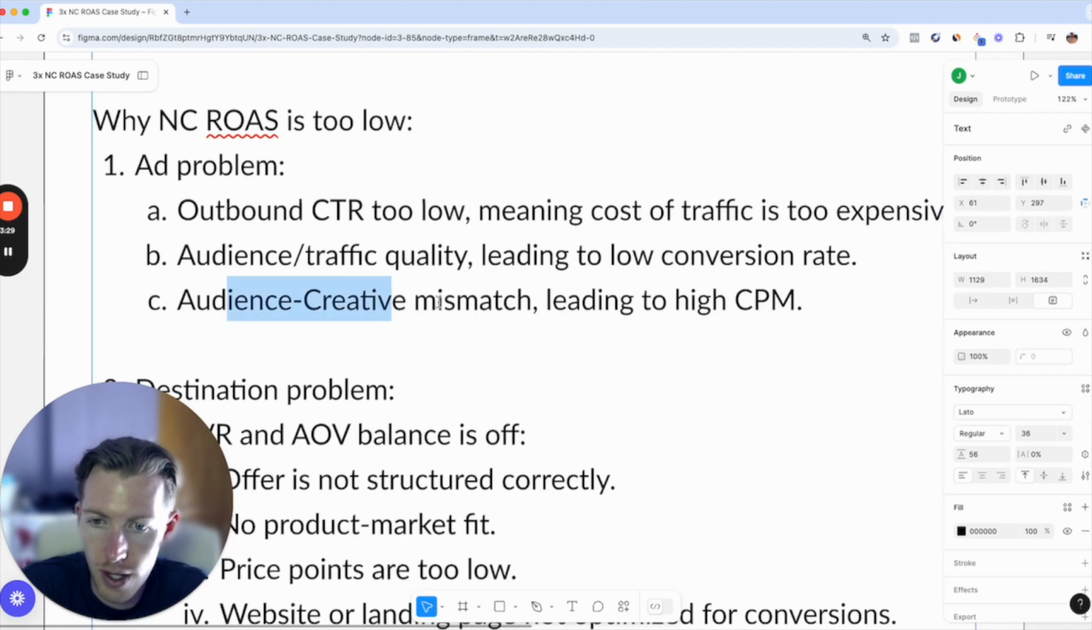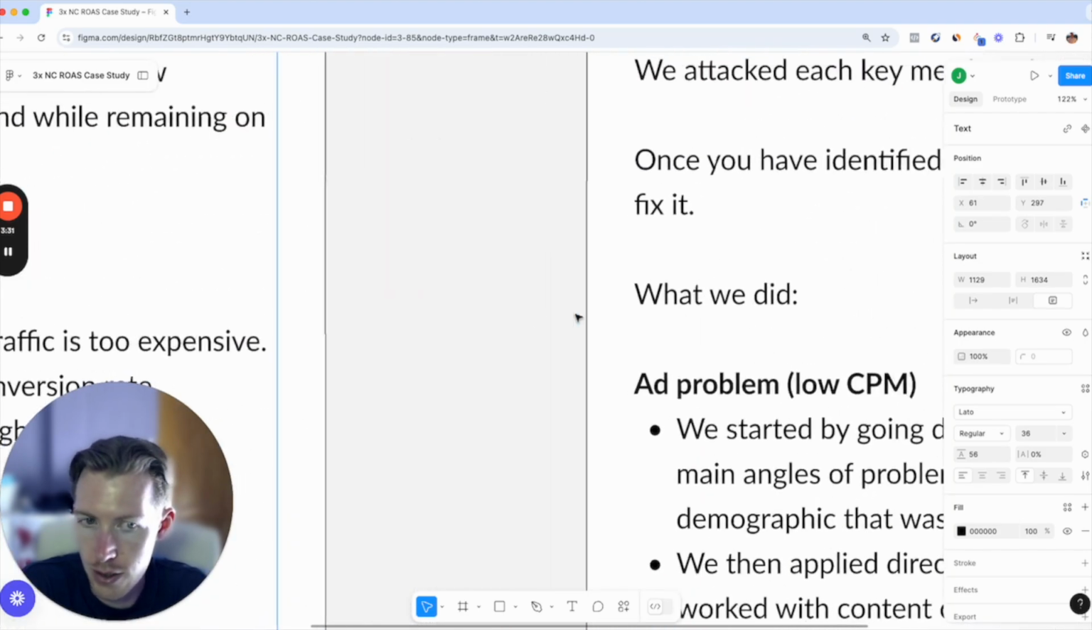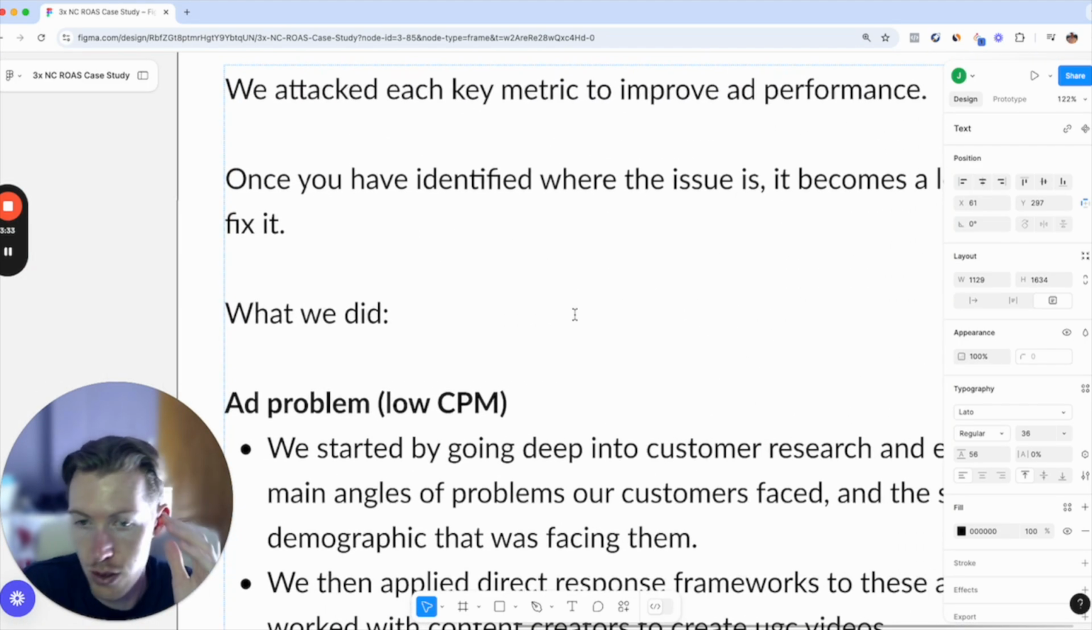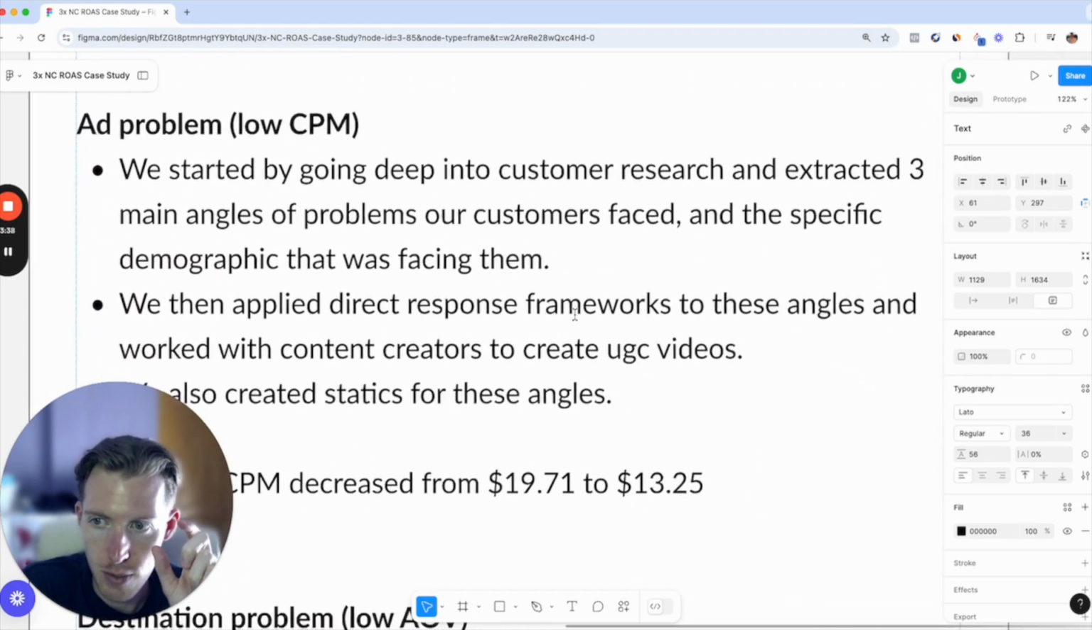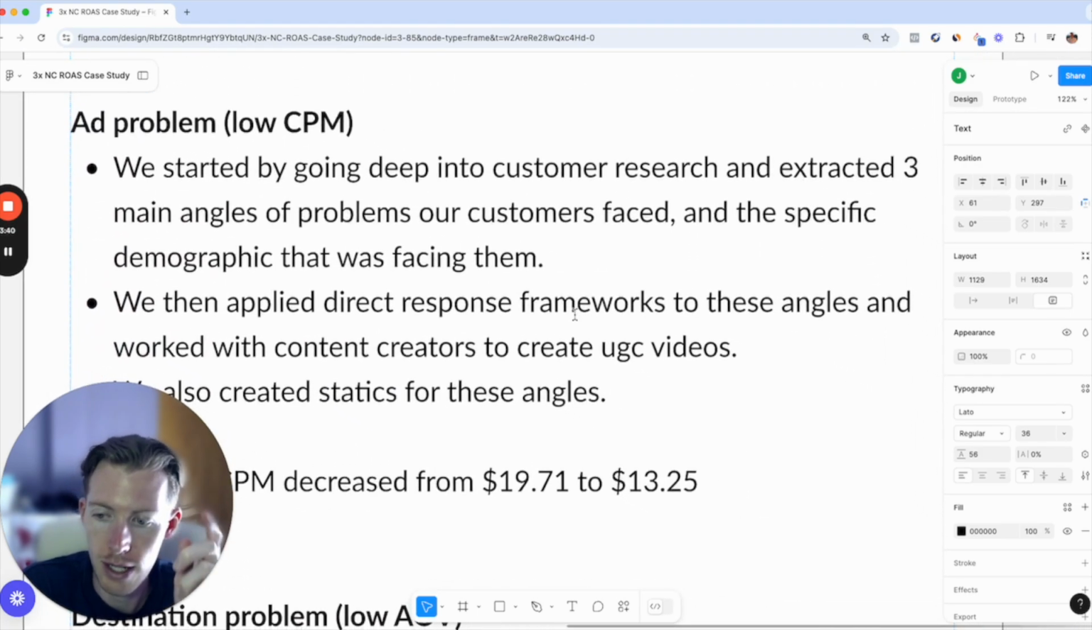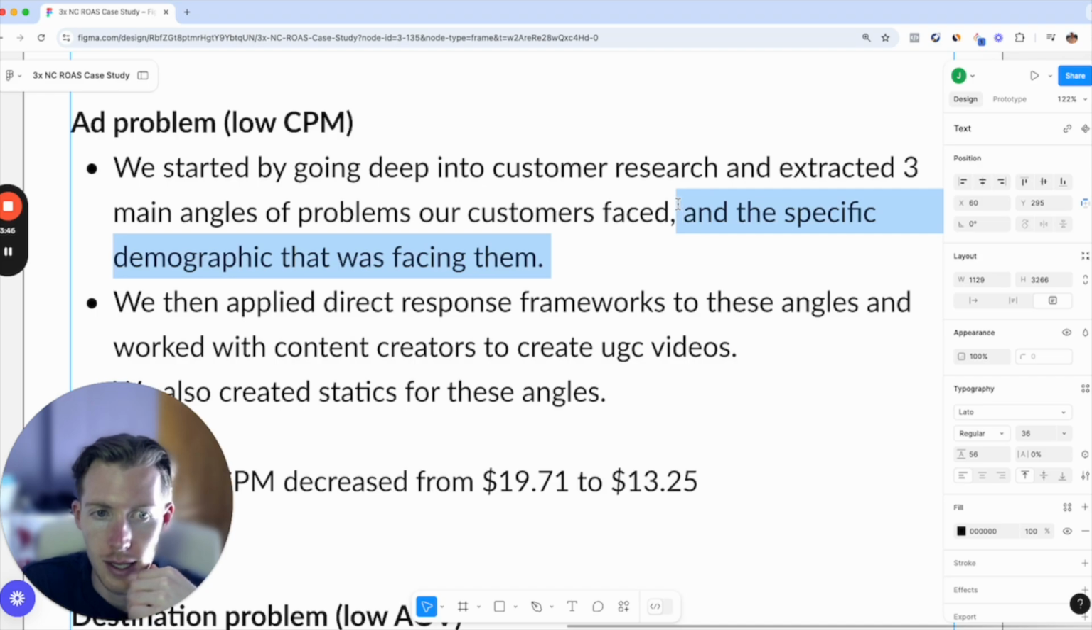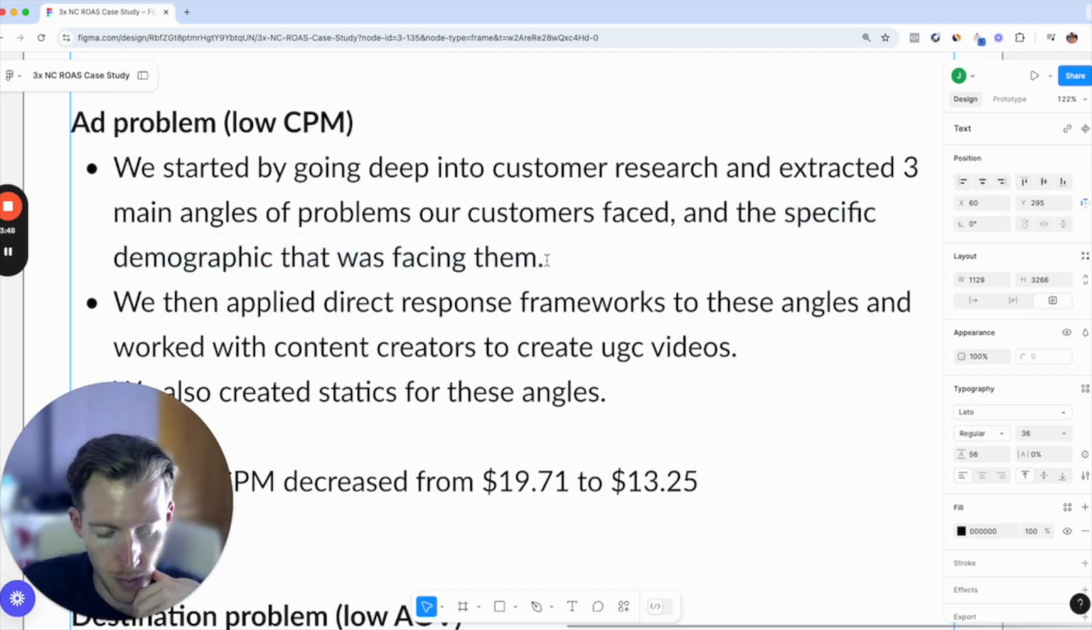Here, audience creative mismatch, which is one of the factors of a higher CPM. There are, of course, other factors, but from what we can control, it's the audience and creative mismatch. So something wasn't working with the creatives that we were putting out and the messages that we were putting into the market. We also made sure that we had the specific demographic that was facing them, which happened to be